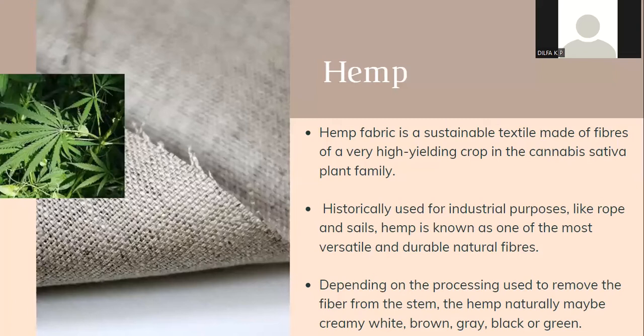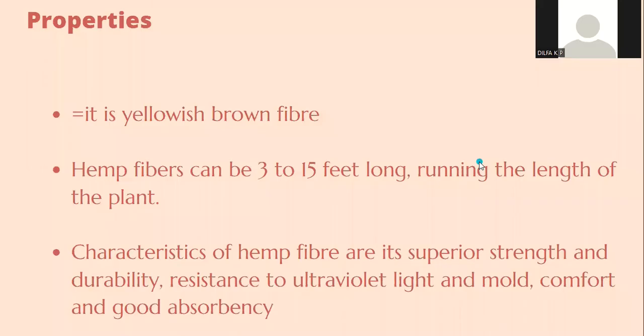Depending on the processing used to remove the fiber from the stem, the hemp naturally may be creamy white, brown, gray, black, or green. From this plant, the stem is completely used for preparing the fiber. It is a bast fiber just like jute. Now it is a yellowish brown fiber. Depending on the kind of processing, the color may vary. Now the hemp fibers can be 3 to 15 feet long, running the length of the plant, so that the whole plant can be used as a